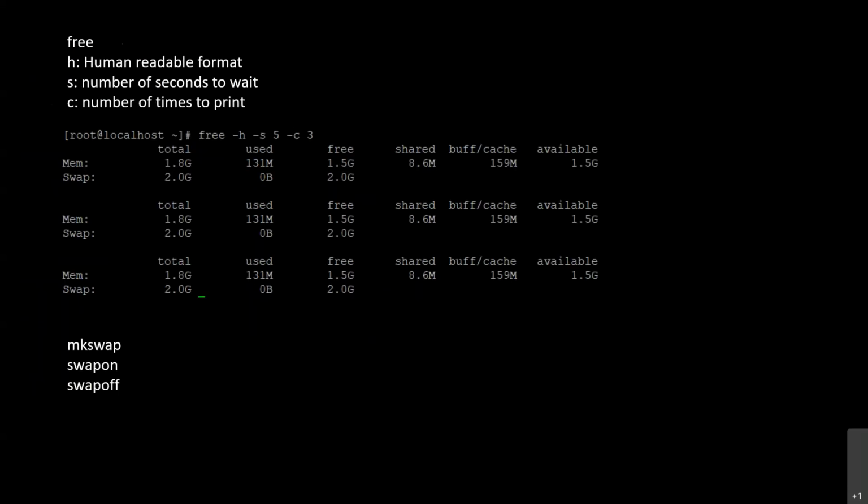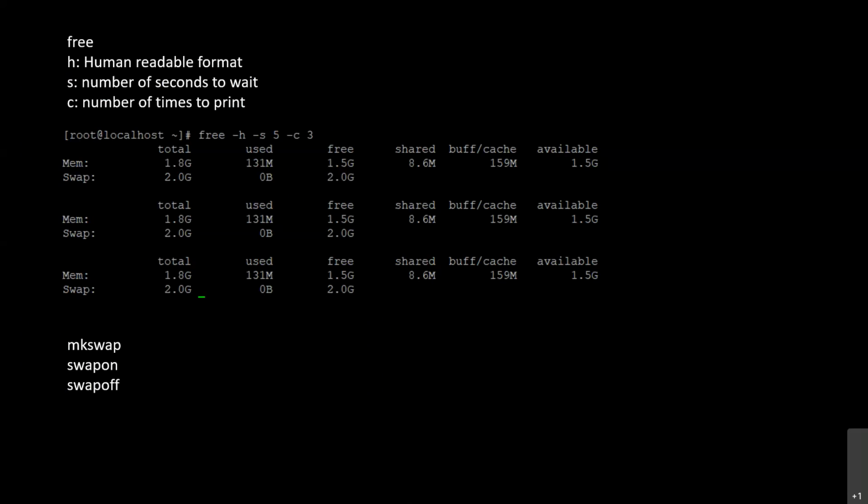And another command, free. When we hit the free command, it will show the memory usage just one time. If we want to repeat this with some time sequence, we can use options. It waits for n number of seconds, and again it will run the command, and you can set how many times it has to print.